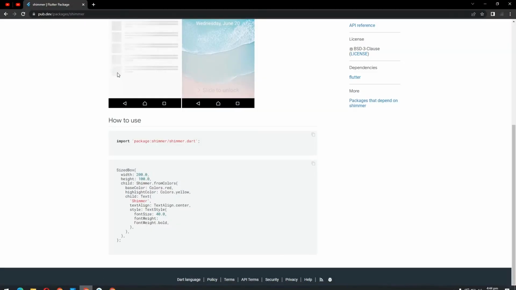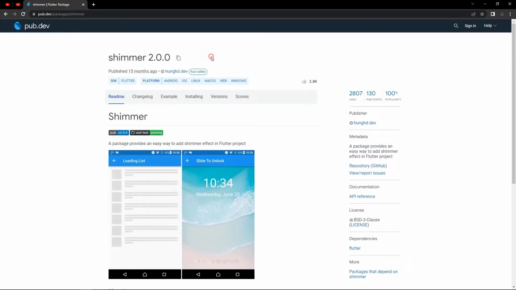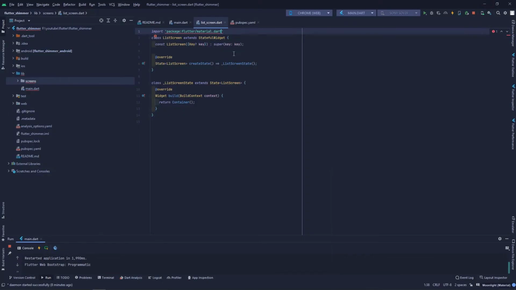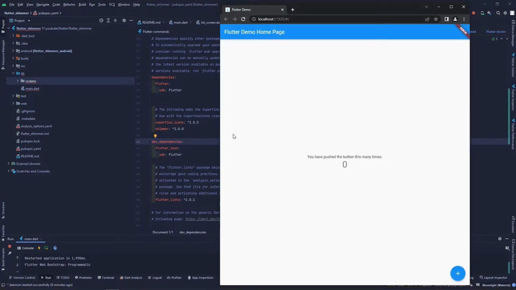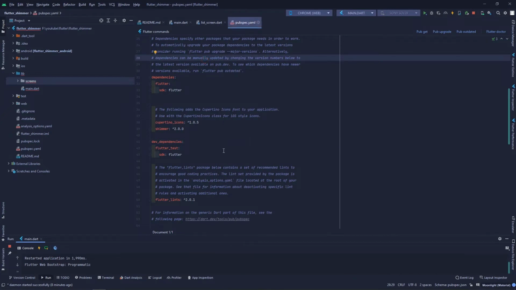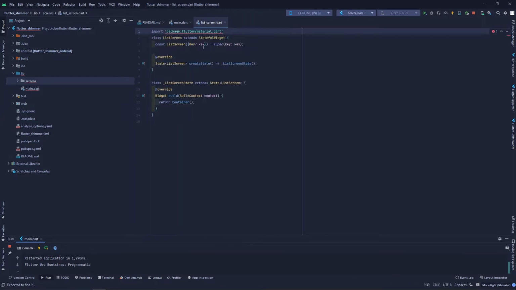So to use the shimmer effect, I'm gonna go to pub.dev and just copy that shimmer 2.0.0, and paste it in the pubspec.yaml, and I've just done it, and press pub get to get the dependencies in your app. Okay, I've already done it, so I'm not gonna do this again, and I've just run this app after doing this. Okay, so what we're gonna do next is